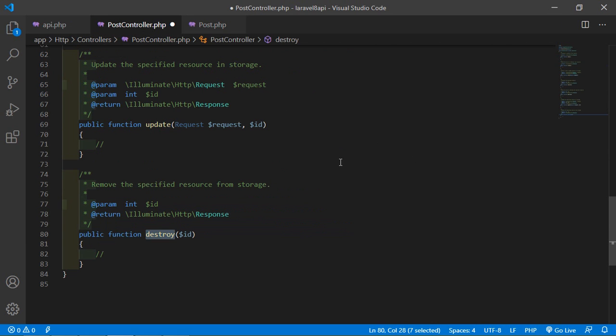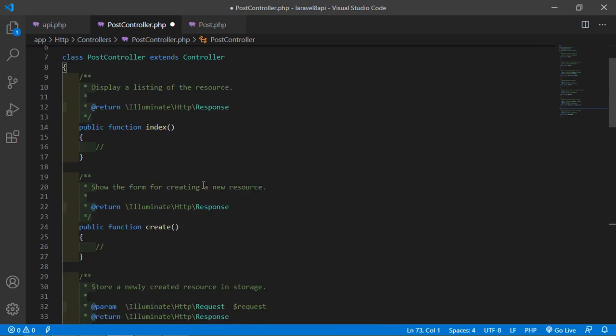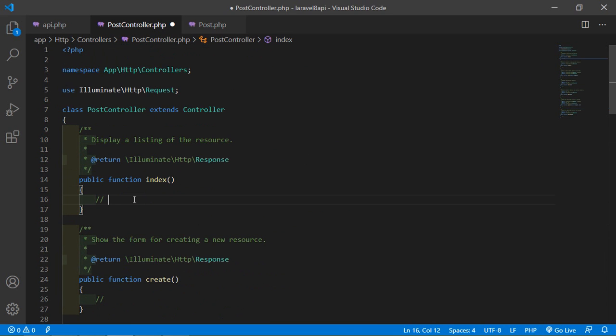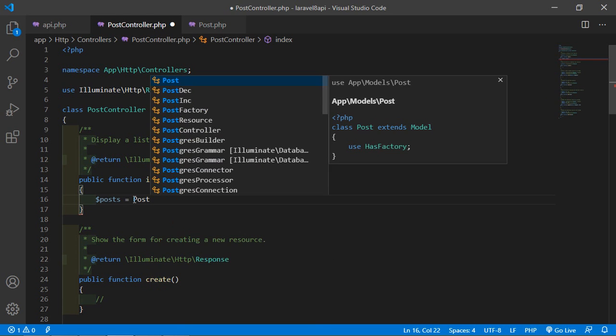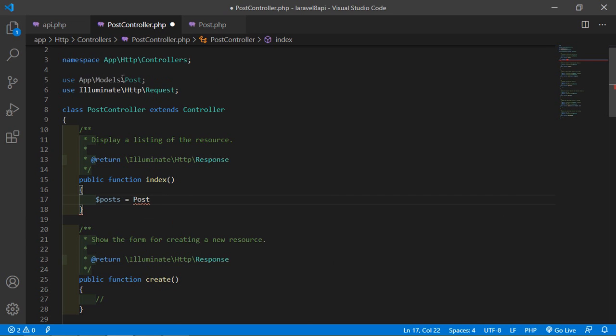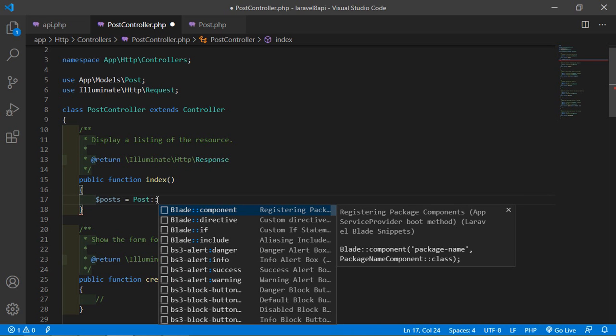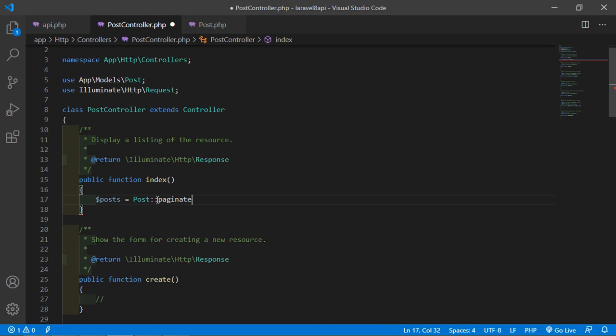Now inside the PostController, inside this index method, just write here the code for fetching all the posts. So for that just write here $post is equal to model name Post. Also add the model path like this. Alright, and now ::paginate, and inside this I'm just going to fetch 10 records in one page.